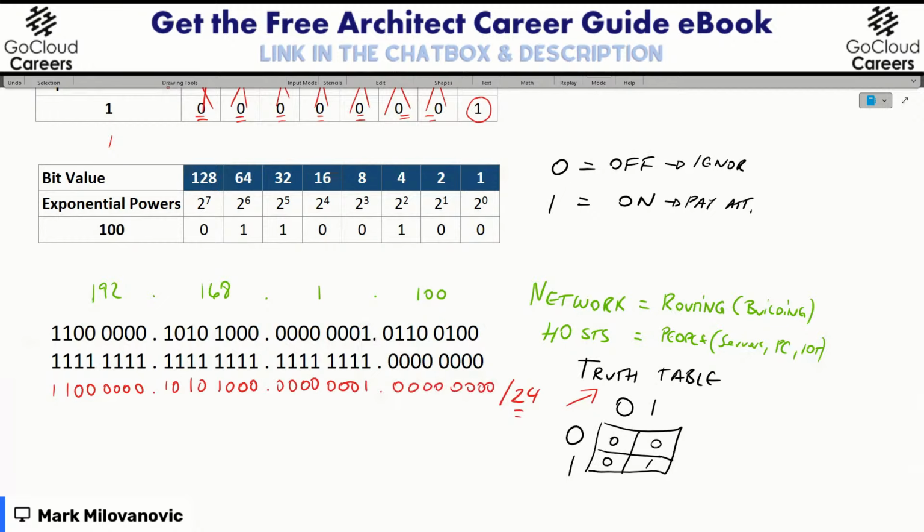And now what you would have to do is take the binary value that you have here and convert it into decimal. And that would be your network ID or your network address. The only way to figure that out was because of the subnet mask and how it does the Boolean logic, the truth table, checking to see which bits are on, and if 1 equals 1, turning them on.